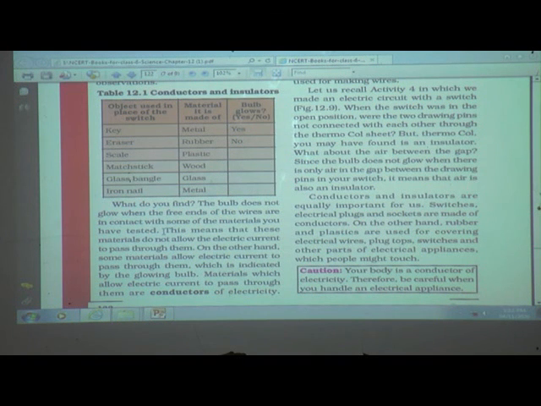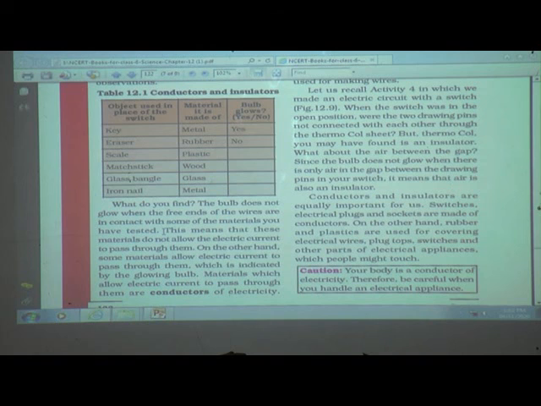This means that these materials do not allow the electric current to pass through them. On the other hand, some materials allow electric current to pass through them, which is indicated by the glowing bulb.